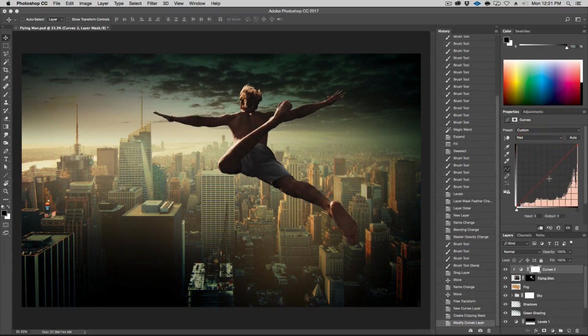All right, we're going to lighten up the whole thing quite a bit, and then we're going to go to the red and basically make it a little greener, something like this. Let's go to the RGB again, make it even lighter. So something like this, as much as you can, like so. Okay, and then we're going to add another one.